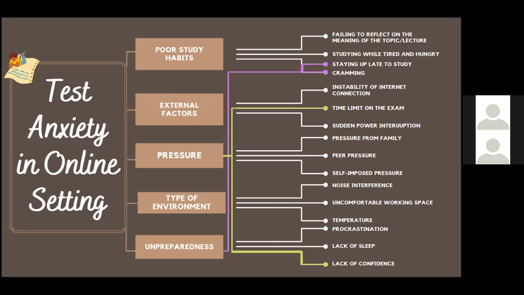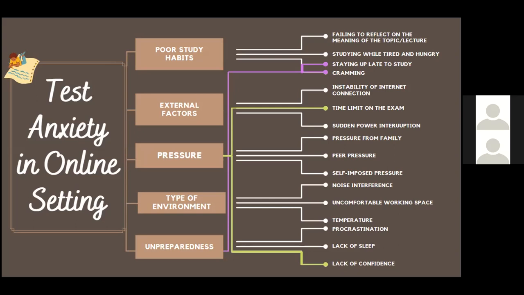With the variable we have chosen, five main topics have been identified, namely poor study habits, external factors, pressure, type of environment, and unpreparedness, with its identified subtopics relating to it. For the explanation for poor study habits, online learning negatively affects students in such a way that they develop poor study habits. This is due to the immediate shift from face to face learning to distance learning in just the span of a year, in a way, giving learners only a short amount of time to adapt to the platforms